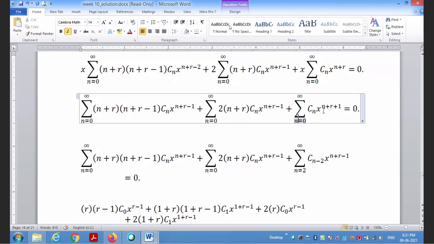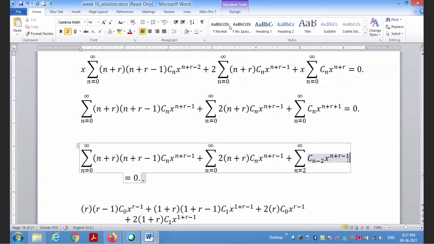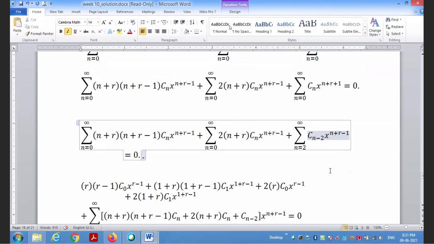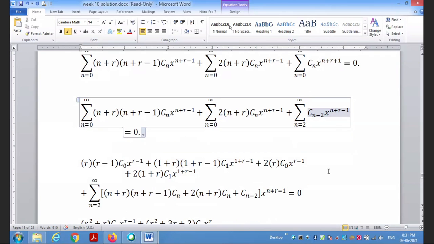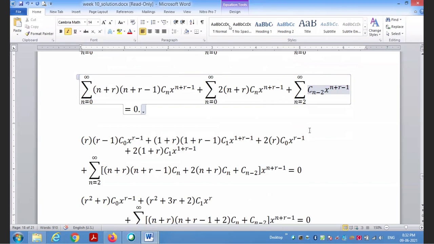So x to the n minus 2 plus r plus 1, we get n plus r minus 1. Okay, the same concept, right? Now, the powers are the same, but the indices are not the same. This one starts with 0. This one starts with 0. This one starts with 2. All right. So now for the first and the second summation, we got to substitute n with